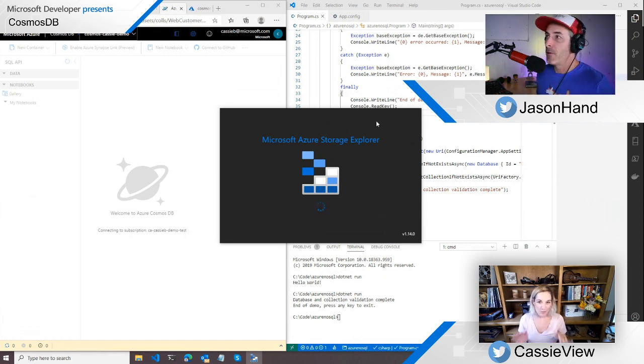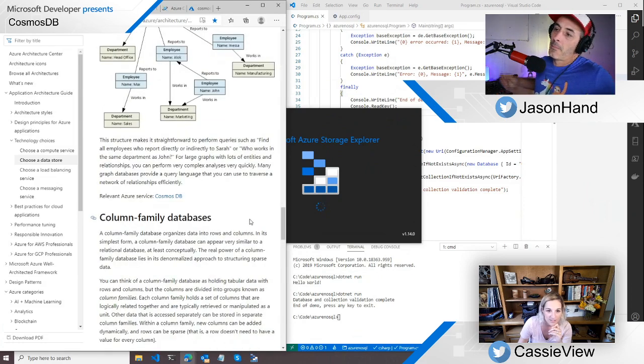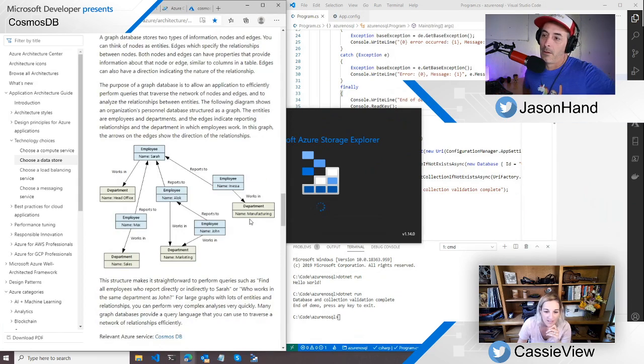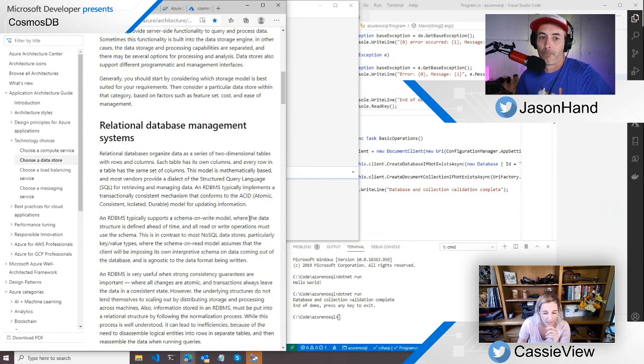Another one of our viewers asks, when considering whether to pick unstructured versus structured databases, what sort of questions should I be asking myself? That is a good question, and I don't know that I have a really good answer, to be honest. Part of it is just what you're comfortable with, but scalability is supposed to be a lot better for NoSQL because it's globally distributed. Cosmos DB is globally distributed, so there should be lower latency. There's a lot of things to consider.